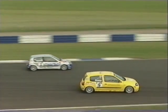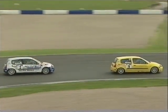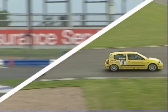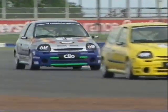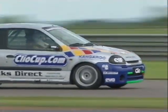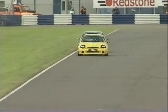Absolutely brilliantly judged, because not only did he get down the inside off the racing line, he then got the speed down in the corner. You can see the rear wheel in the air. Perfectly judged, and again Buxton really is driving this car absolutely perfectly. 22 years old from Cheshire, driving a car prepared by Chris Hodgetts Motorsport, but behind him comes Jim Edwards Jr.,